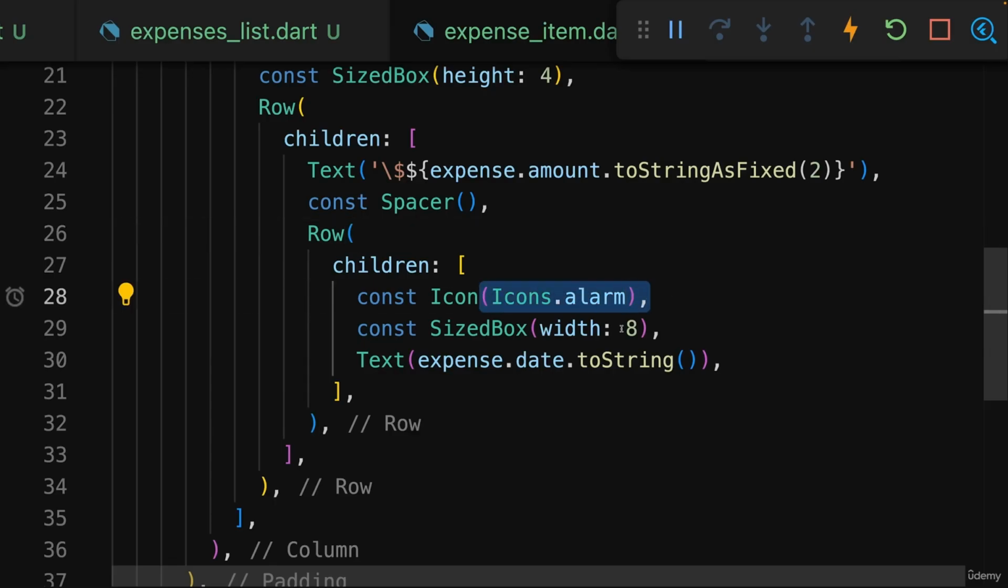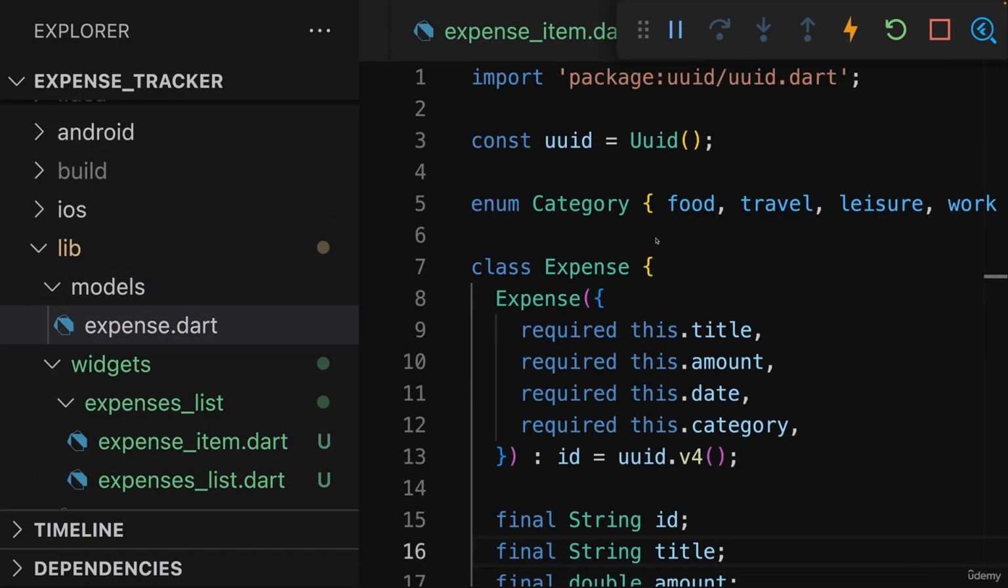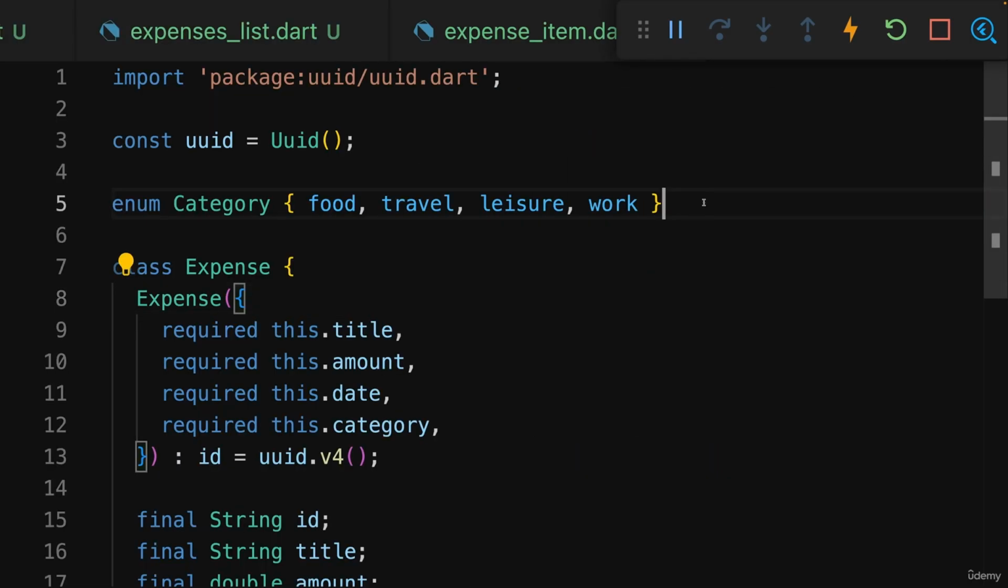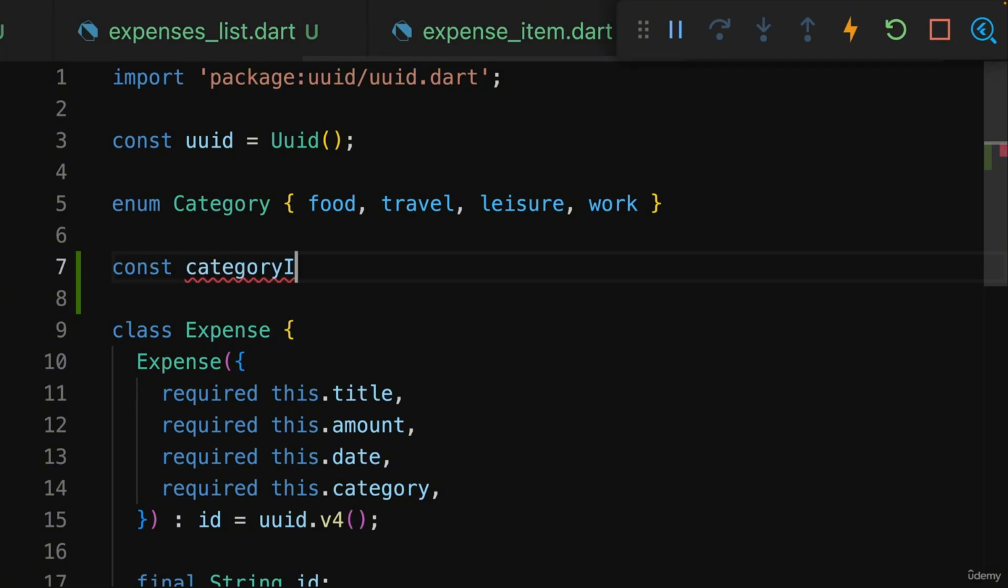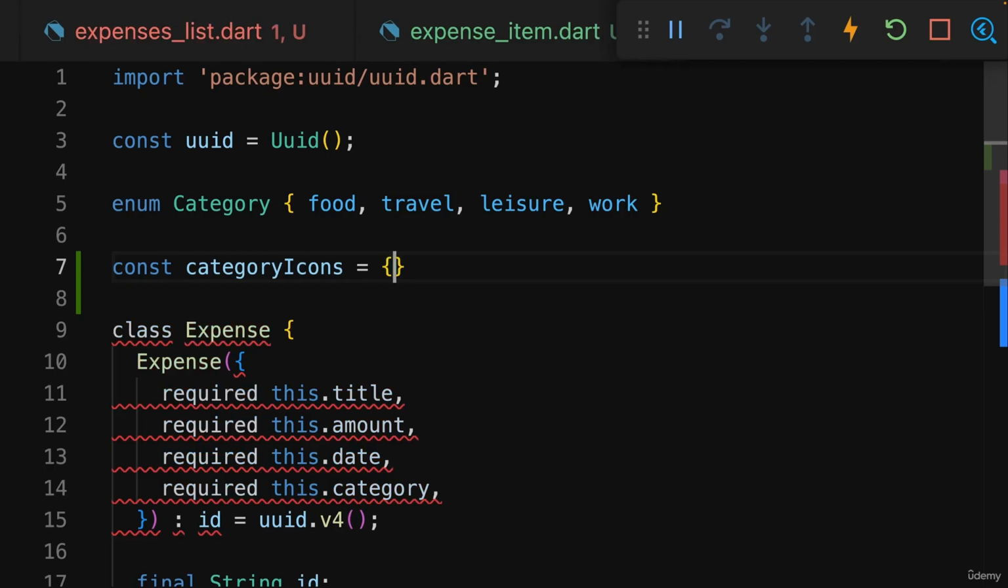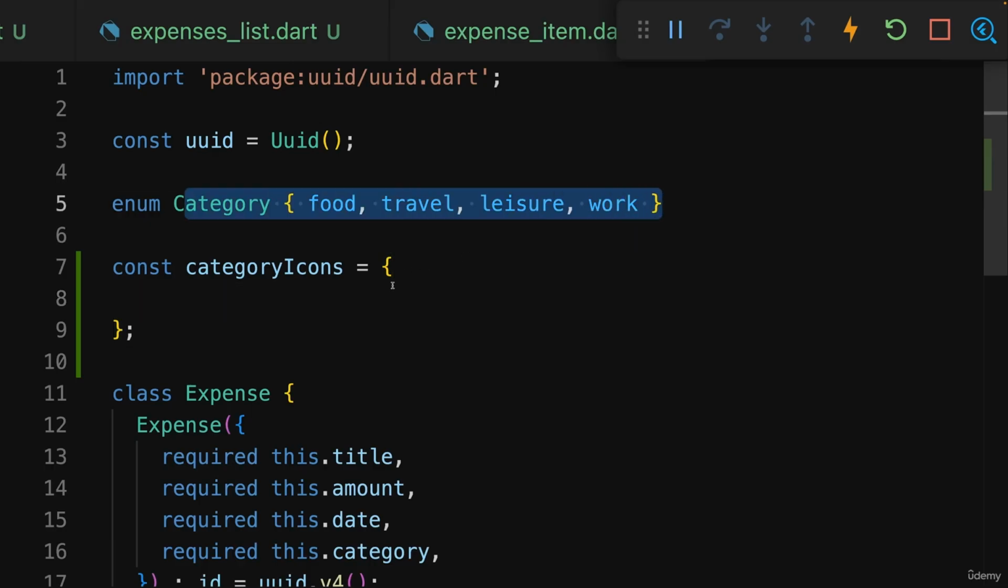Now, for both the dynamic icon and the formatted date, I'll actually go back to my expense.dart file in the models folder. Because in there, I want to tweak the expense class to make outputting a formatted date a bit easier, and I want to add a new value to this file. So not to the expense class, but to the file as a whole. Here, I want to add a constant called categoryIcons, and the value should be a map where the keys will be category enum values,